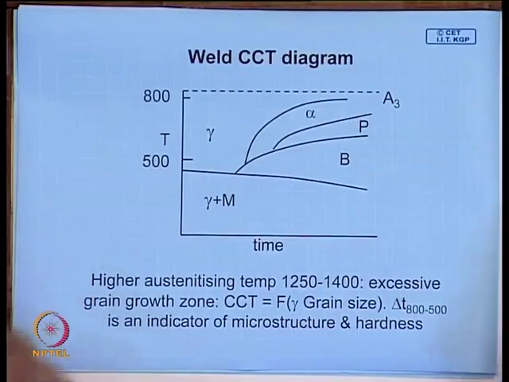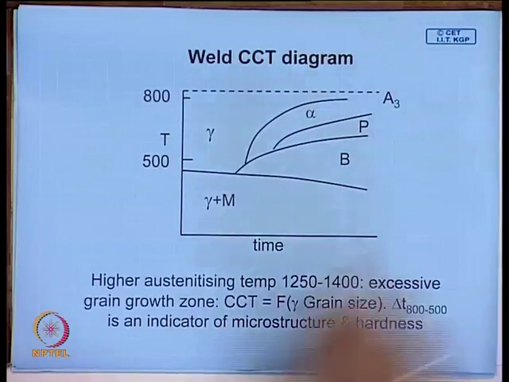Now, just now we looked at the transformation which takes place in the heat affected zone, and we also have talked about transformation diagrams like the CCT diagram and TTT diagram. Now, during welding, you do not have a homogeneous structure through and through, you do not have uniform grain size. In certain places you have extremely high grain size. These regions may be very thin, but nevertheless, to understand the structure, you need not the common normal transformation diagrams which are used to design heat treatment processes,